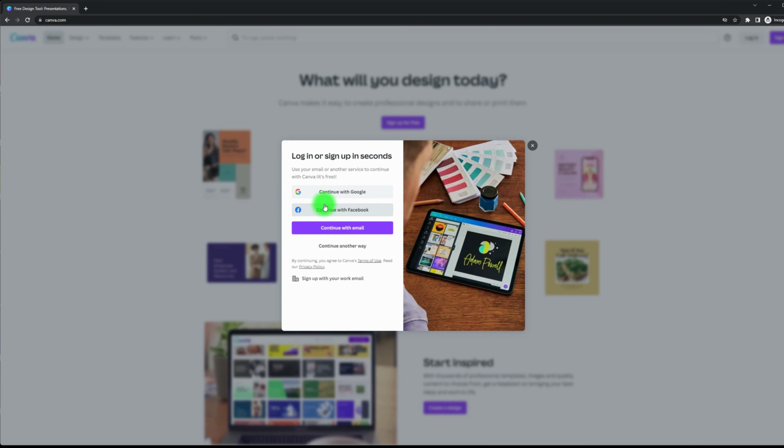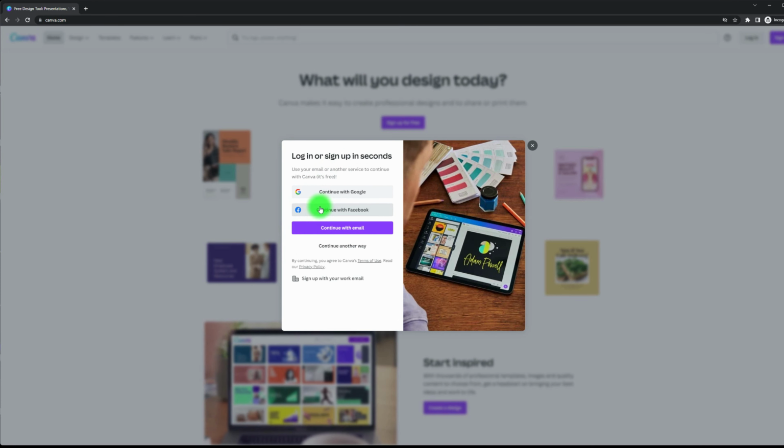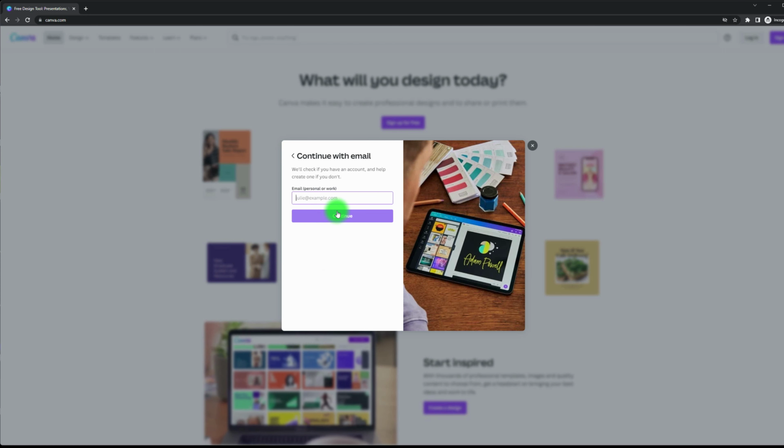You can log in with your Google or your Facebook. I'm just going to create a new one from my email.